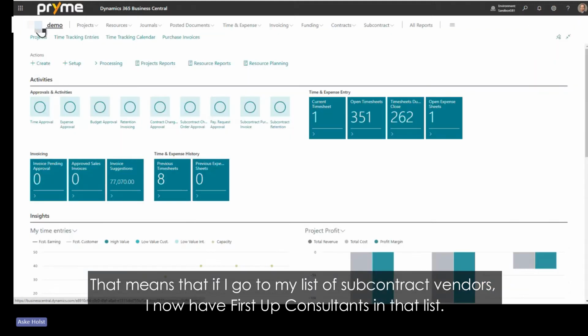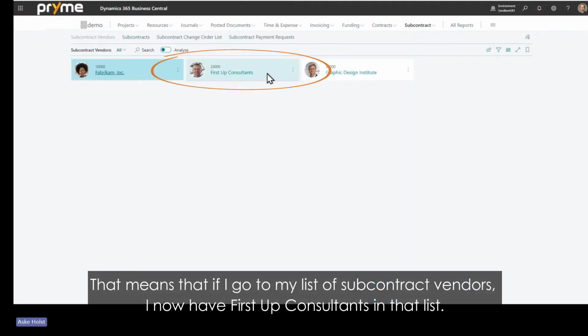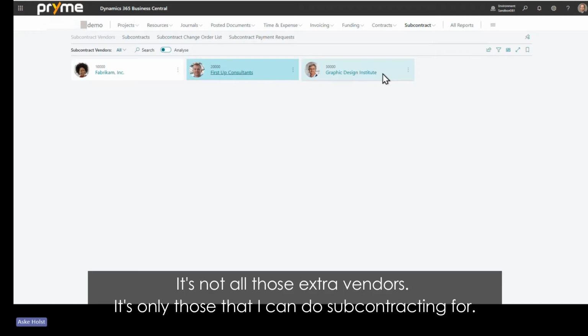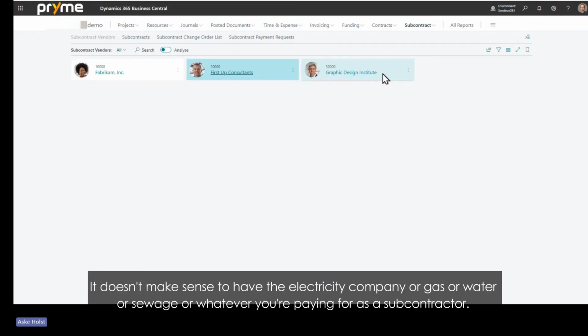That means that if I go to my list of subcontract vendors, I now have First Up Consultants in that list, but it's not every single vendor. It's not my utilities vendors. It's not all those extra vendors. It's only those that I can do subcontracting for. It doesn't make sense to have the electricity company or gas or water or sewage or whatever you're paying for